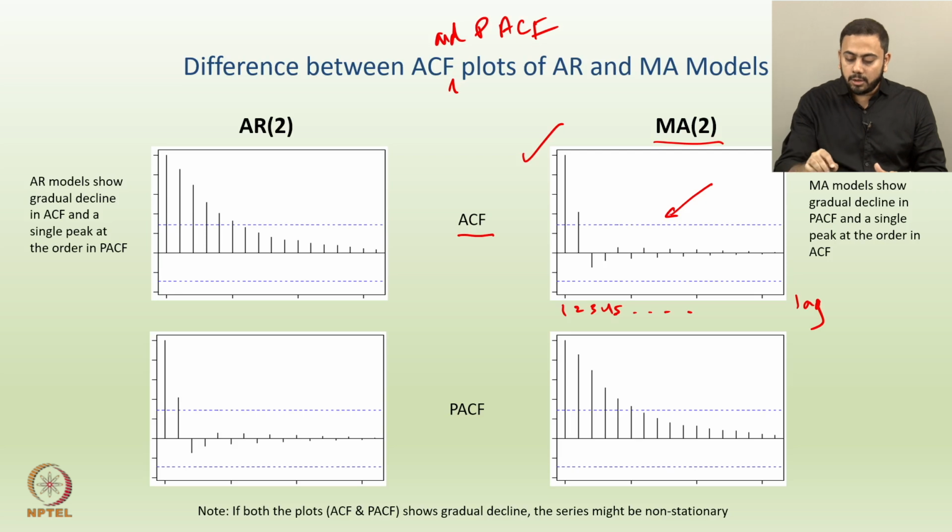And hence, if you observe this plot for a second, can you see that after lag 2 here, which is shown by the second spike, all the further correlations are really small and not significant, and hence we sense that such a plot is showing a cutting off tendency. Similarly, if you observe this bottom left plot, which is nothing but the PACF for an AR2 model, you can see the exact same thing.